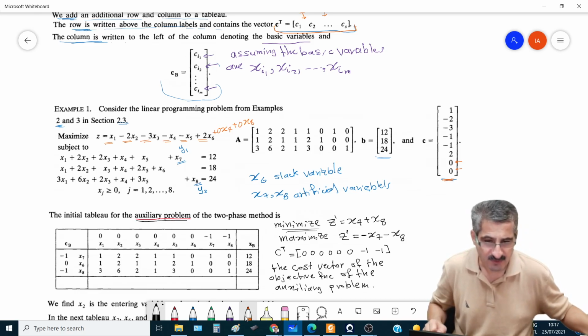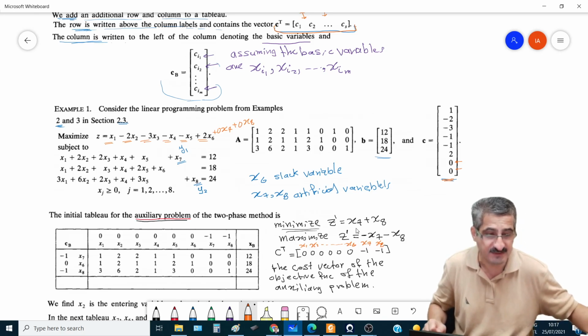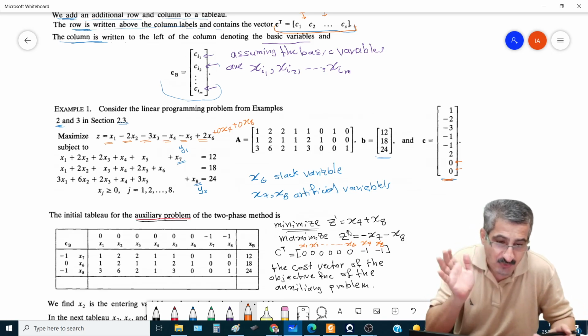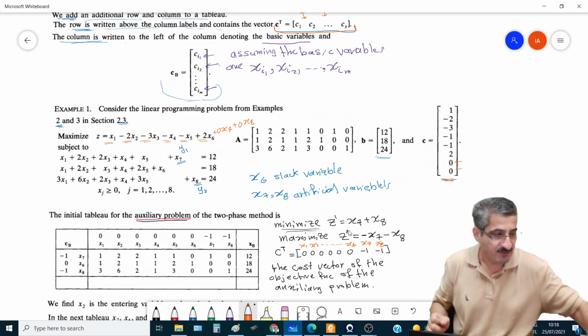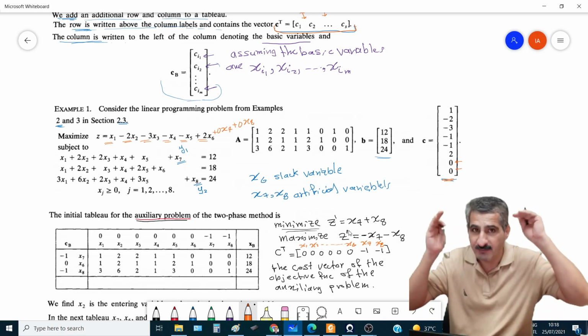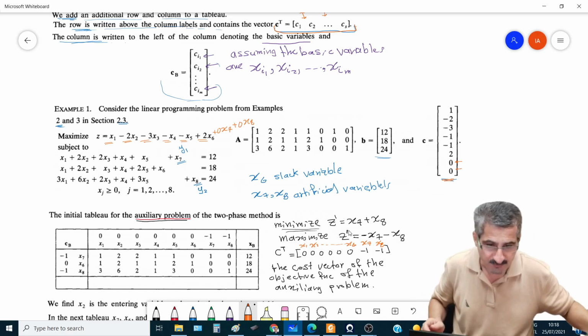Okay, and why do we have it this way? Because this is the coefficient of x1, coefficient of x2, x3, all the way to the coefficient of x6, and this is the coefficient of x7, and this is the coefficient of x8. Right? The coefficients of x1 to x6 are all zeros. Okay, now what we mean above by adding one more row on the top of the table,